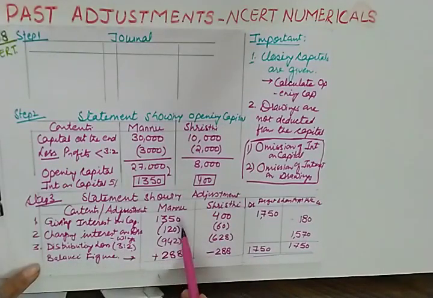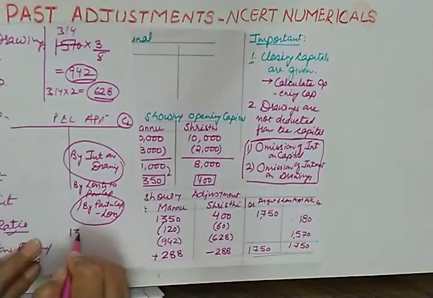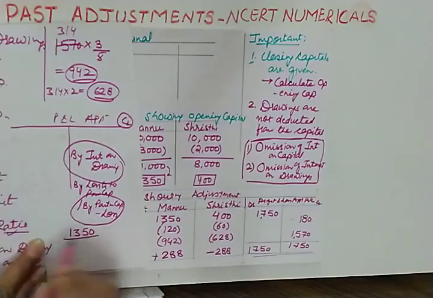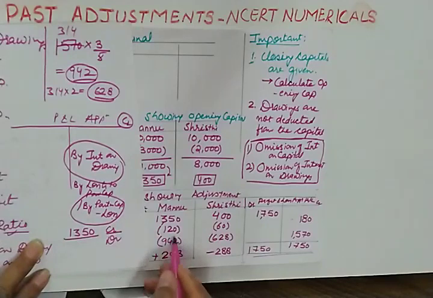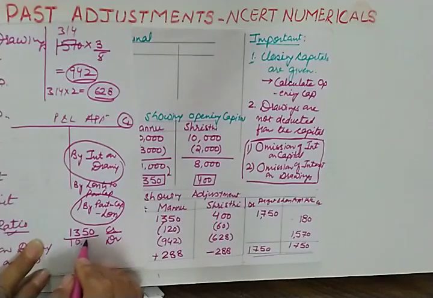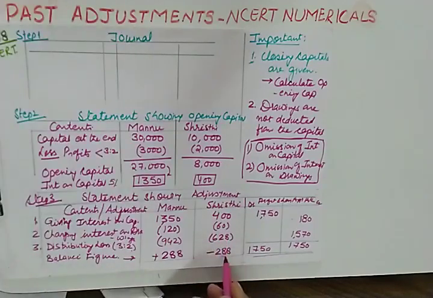What is the meaning of this? Meaning of this is that we are required to give 1350 to Manu, and we will be taking 1062 from Manu. We will be giving 1350 to Manu. It is credited, and how much we are taking? We are taking sum total of these two. This is 1062. So if you deduct this from this, you will be getting 288. So I hope this must be clear to you. Same way you will be calculating for this also. Now you can easily form journal entry.